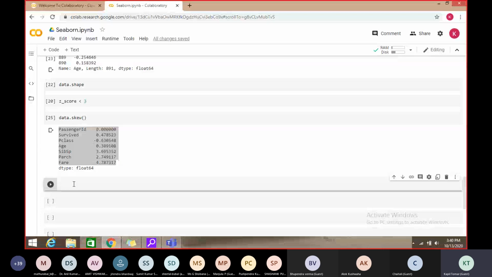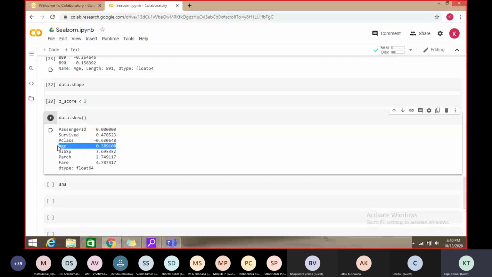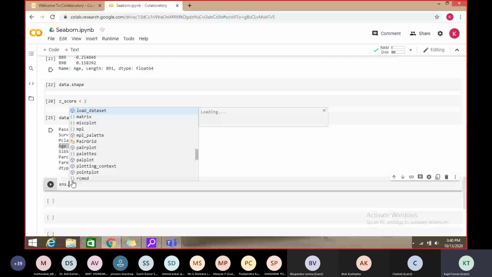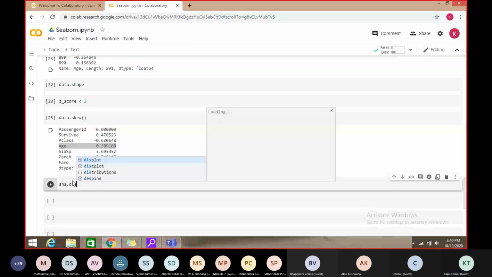So if I want to check the symmetry of this column called age, I can call the displot graph of the Seaborn library on that particular column, right? So I will call sns, the Seaborn library's alias name. Then I will call the displot graph.